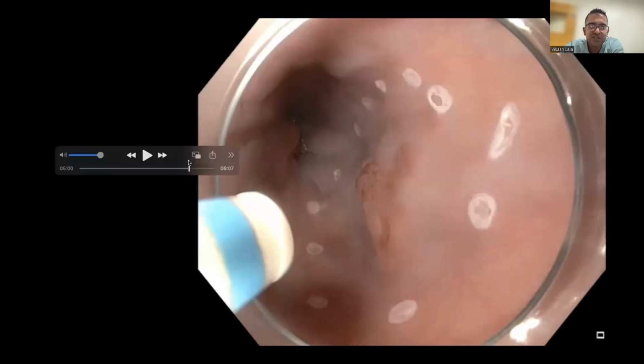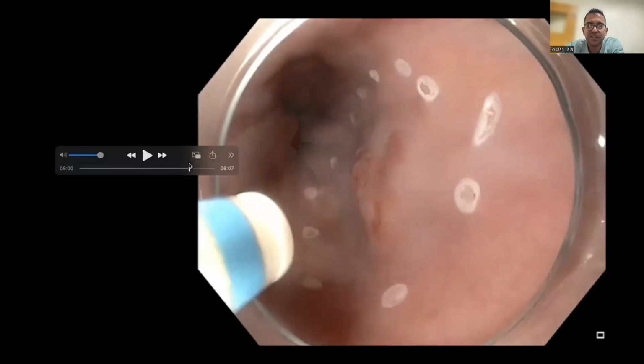But why I chose this case is to highlight again the importance of finding dysplasia within Barrett's and resecting it and not just RFAing it. And I think this is a follow on from a previous case. So had we just cut out those malignant areas and left that dysplastic area on top and RFA'd it, this is the potential it had of becoming. So this is what you want to avoid because this is a very difficult situation to deal with.